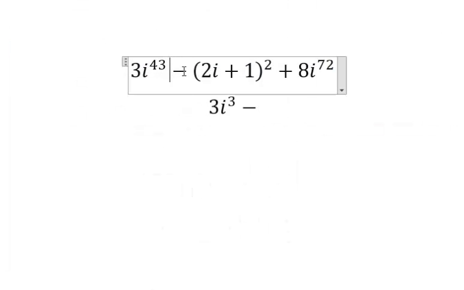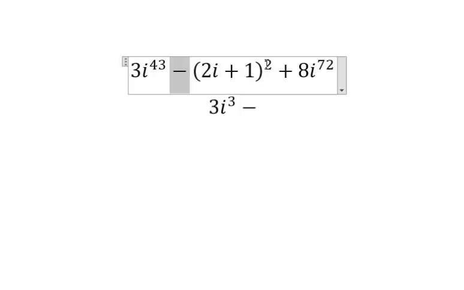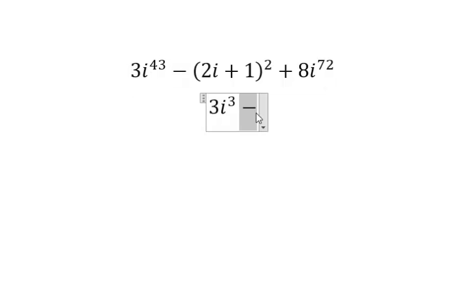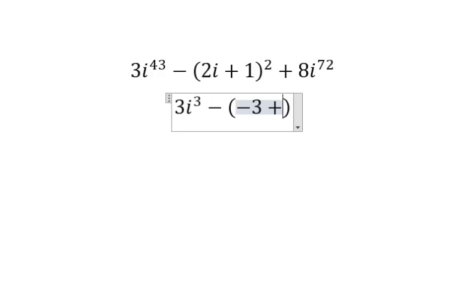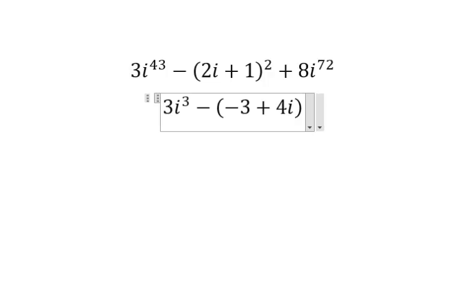But do you notice that there is a minus in here? There's a minus before the exponent. So I need to be careful with that. I'm gonna copy the minus, and then I'm gonna put inside parentheses the answer. Okay, and the answer was minus 3 plus 4i. Okay, that's basically what we got here, minus 3 plus 4i, okay, plus